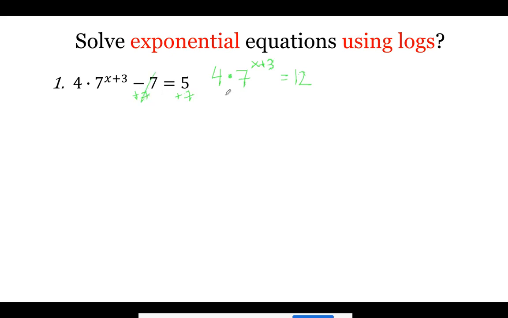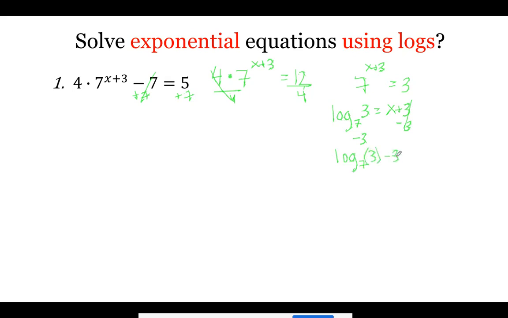And then I'm going to divide by 4. 7 to the power of x plus 3 equals 3. Right, so now let's change it. Log base 7 of 3 equals x plus 3. Minus 3, minus 3, so you end up with log base 7 of 3